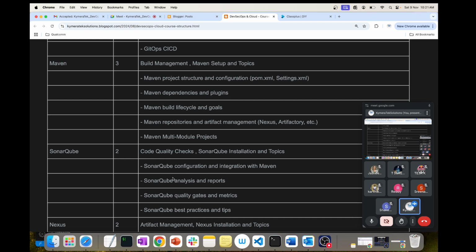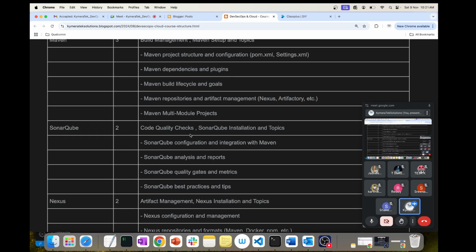We are going to integrate it with Maven and Jenkins, so that we see if the build is passing based on the code quality. If code quality is not good, then we are going to fail the build. So we are going to set it up that way.